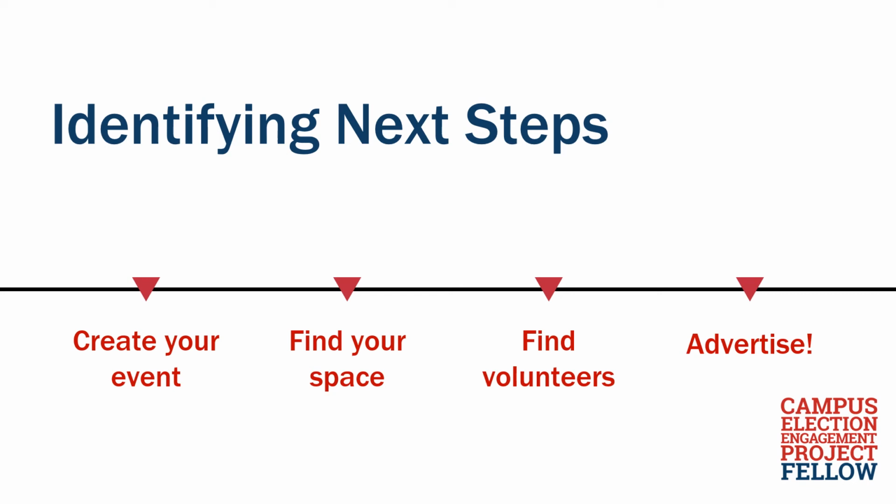Then, you'll need to find some volunteers. You can ask your friends or start reaching out to some partner organizations for volunteers. Acquire any necessary tools or items you'll need to make your event a hit. And lastly, advertise, advertise, advertise. Your marketing strategy will be the difference between a 10-person event and a 100-person event. You can use some traditional methods like flyering or speaking at club meetings, or you can utilize social media and class-wide emails. Check out our digital organizing training for more information on how to engage students on social media.